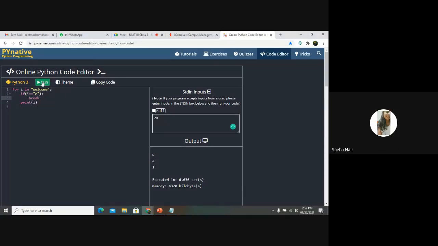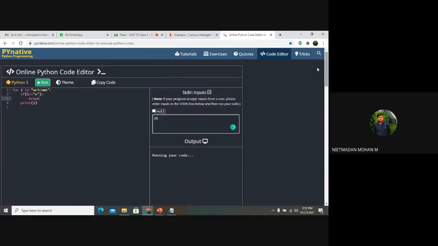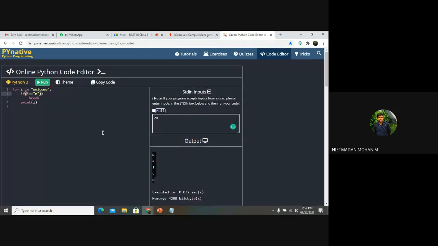So it will print W till M, without M, E, all letters. Till M, the string will be W. Oh, sorry. Here the E has been represented first itself, right? So if suppose I am giving M, yes, it will print till O. So if suppose I am giving E, the first E will be represented over here.